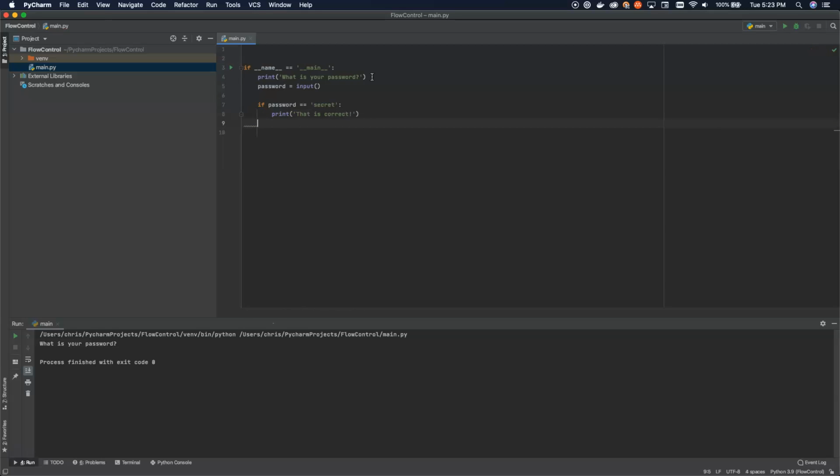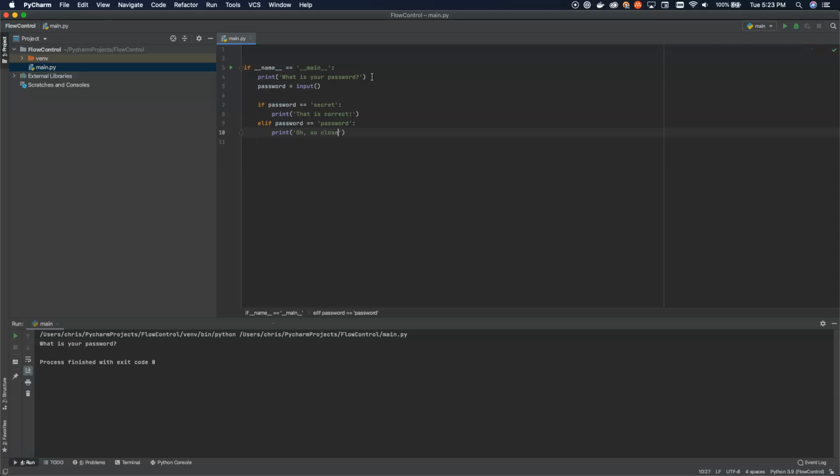And then we're going to add another level here. So we saw how we could use this for the name and main function. But now we're going to add branches, and we're going to say, all right, if the password is equal to secret, that is exactly what we're looking for. And let's say we're going to use an elif, E-L-I-F. That means else if password is equal to, and let's say someone puts in the word password. We can print,